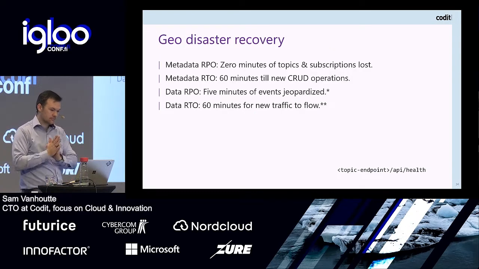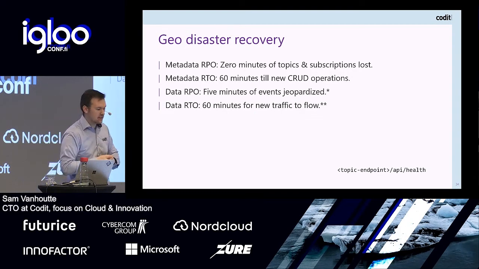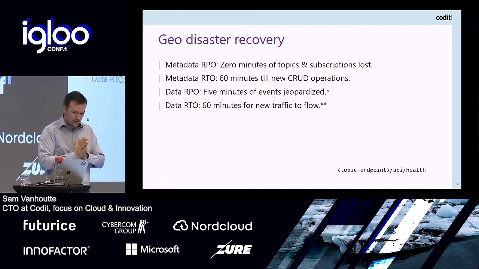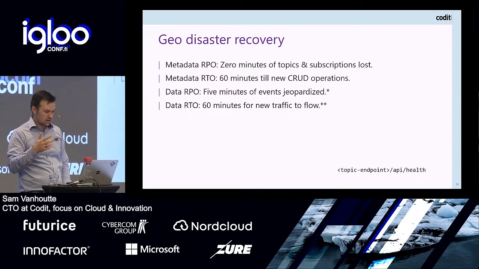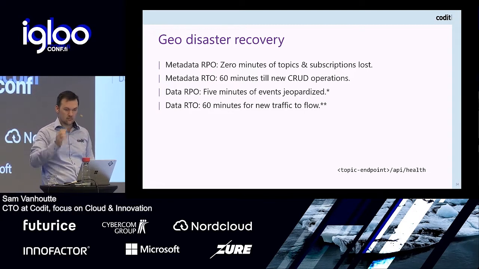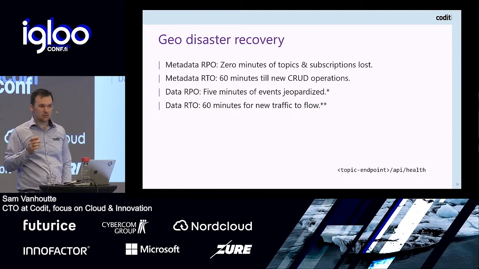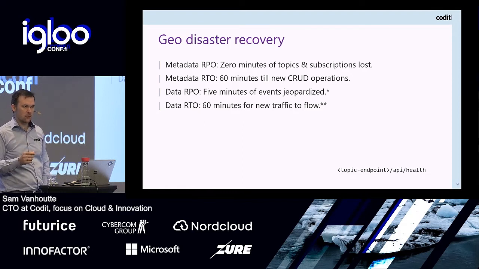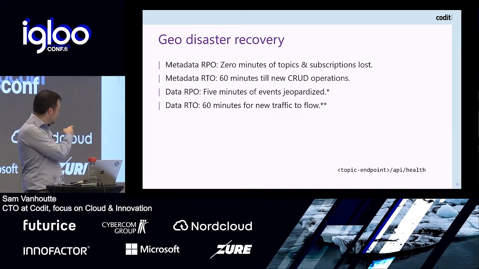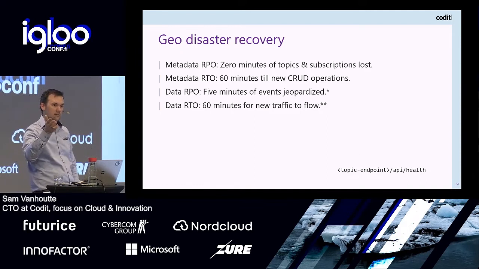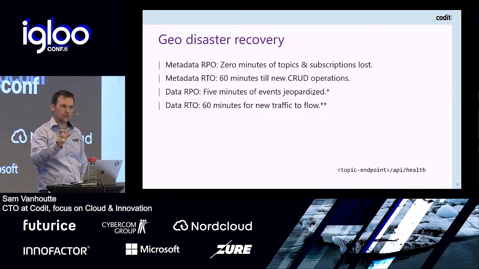Okay? Now, DR is definitely something that is crucial in this setup. So they have different things for metadata versus the actual data. What is important is all the information of the health endpoints, and that's what you want to use if you want to do manual DR and manual actions. All that information is available on an HTTP endpoint, API.health, on your topic. So you can use that in your logic to do failovering, to do scaling and things like that.